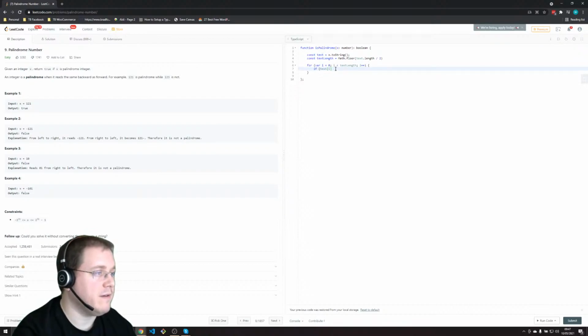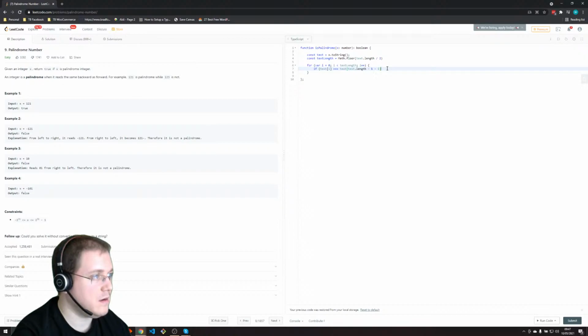So if the first character is equal to the last character, that will be text[text.length - 1], which is the last character, but then we also want to minus the value of i to gradually move back from the end. If that equals that character,